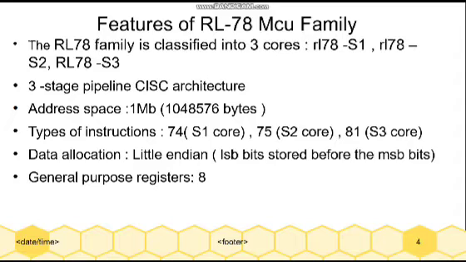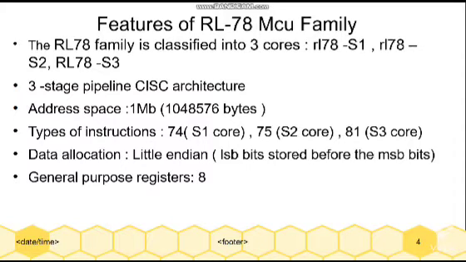Now let's see about the features of RL78 MCU family. The RL78 family is classified into three cores: S1, S2, and S3. It has a three-stage pipeline CISC architecture. CISC means complex instruction set computer. It has an address space of 1 megabyte,